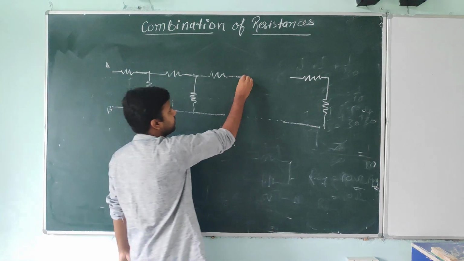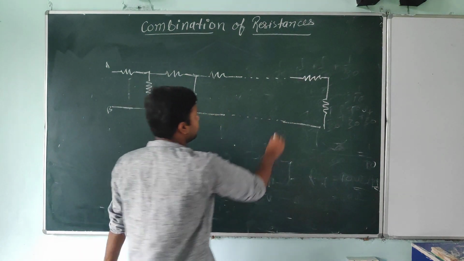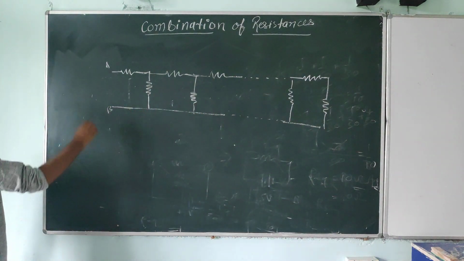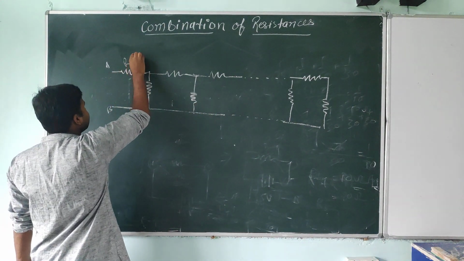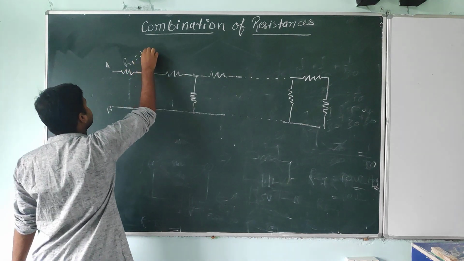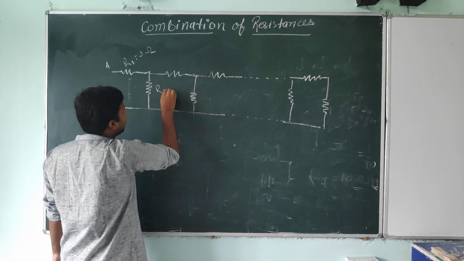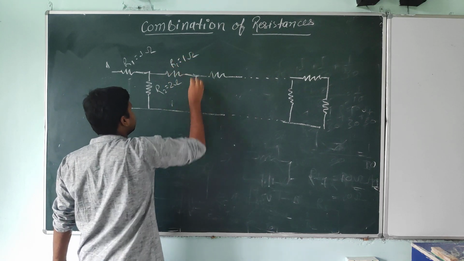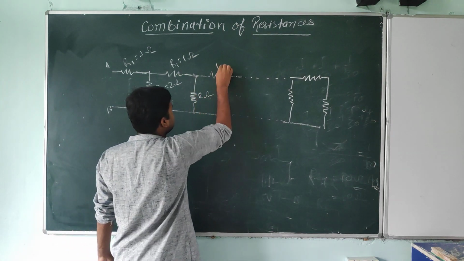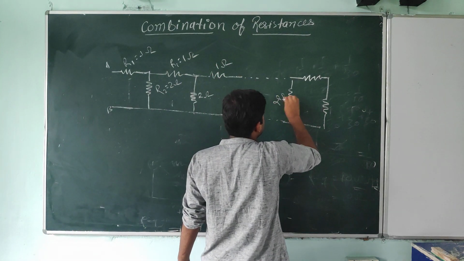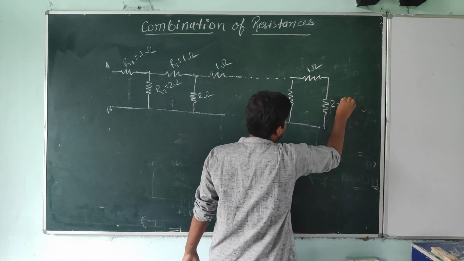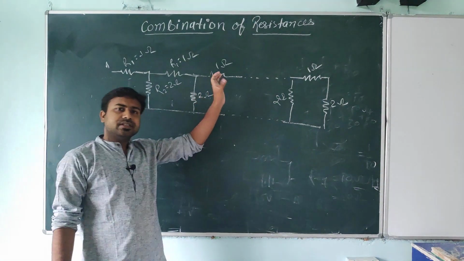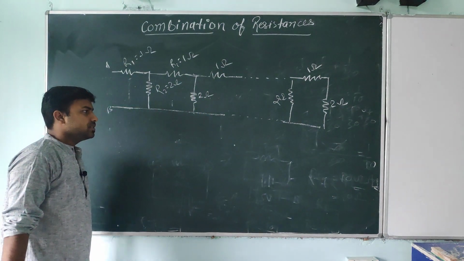Again the question is the same. Find the equivalent resistance between A and B, and the value of R1 I am taking here as 1 ohm, and the value of R2 I am taking here as 2 ohm. So this one is repeating. So R1 is 1 ohm and R2 is 2 ohm, 1 ohm, 2 ohm, 1 ohm, 2 ohm. Okay, students, now you understand. So here this one is repeating. Now you understand, it's a ladder problem.